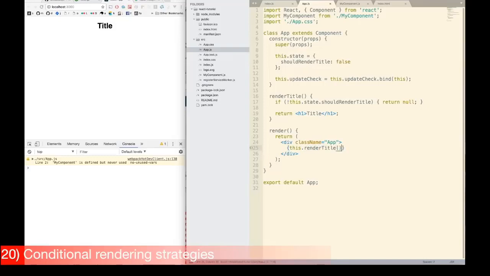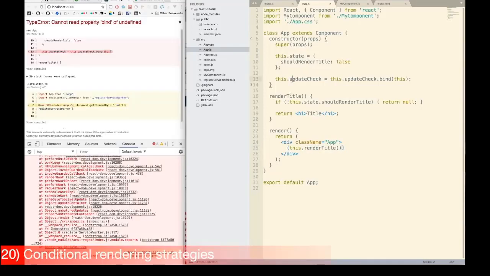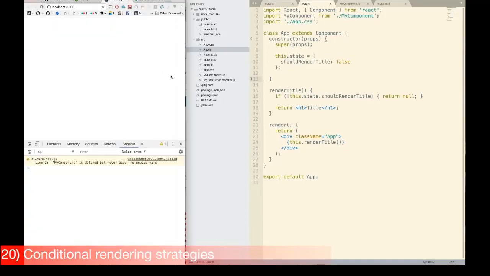Render title, and we'll save it. Oh, and we need to delete this method since we got rid of it. So let's save it. Basically now it won't render the title, but if we change this to true, it will